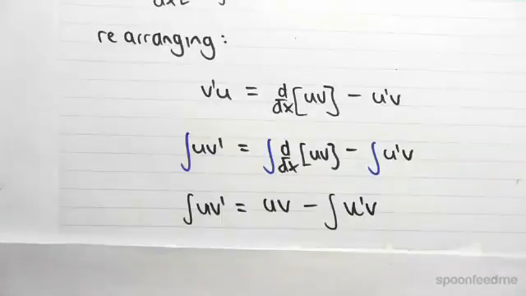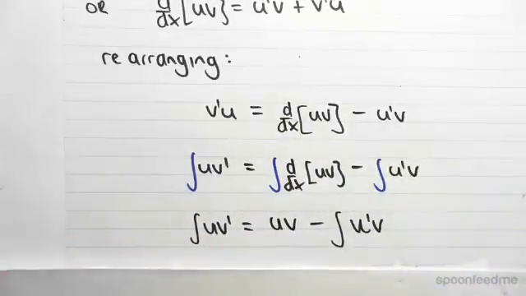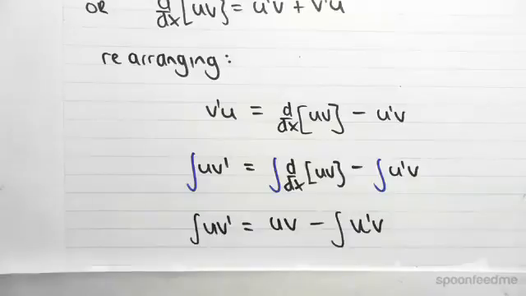So that essentially is integration by parts. It might look very confusing right now. We're going to be doing some examples in the next video where we'll go through it so it makes sense. Essentially, what you're going to be looking for is when you have two functions multiplied by each other,